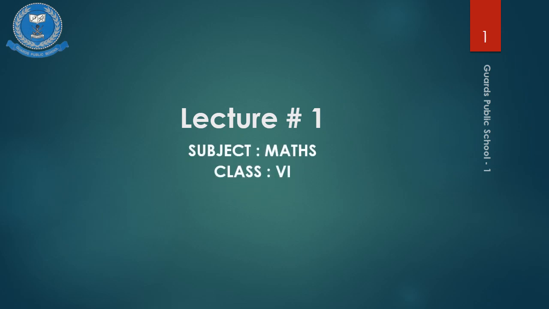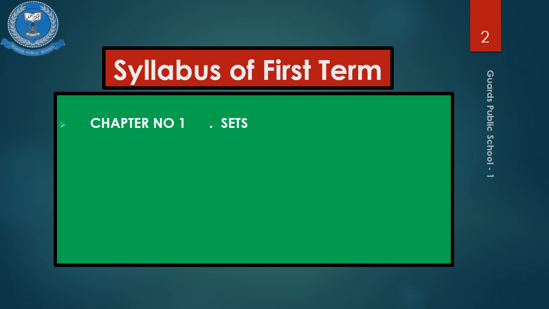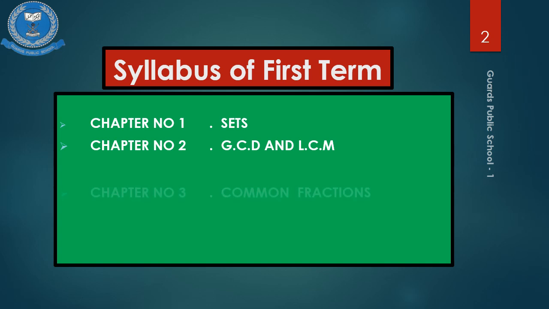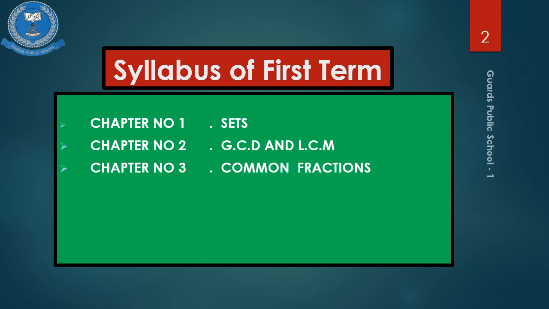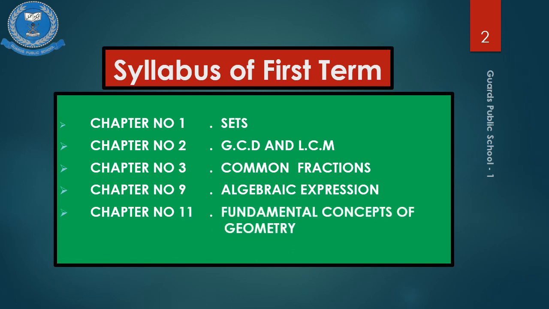As you all know that due to the current situation of coronavirus, we cannot conduct physical classes. But still you can take control of your learning, as Guards Public Higher Secondary School has started online classes for you all. Syllabus of first term: chapter number 1 Sets, chapter number 2 GCD and LCM, chapter number 3 Common Fractions, chapter number 9 Algebraic Expression, chapter number 11 Fundamental Concepts of Geometry, chapter number 12